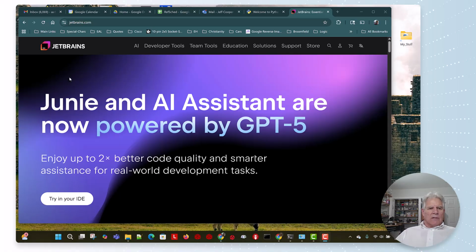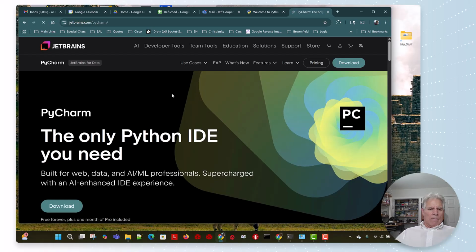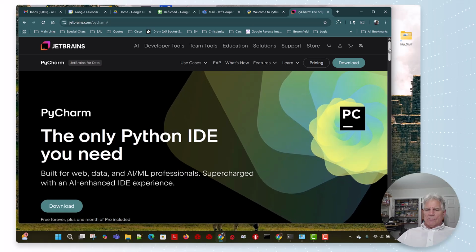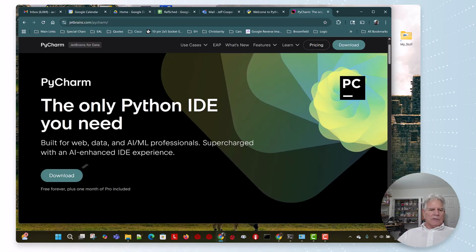AI developer tools, team, education, solutions, support, store, all that kind of stuff. What we want under developer tools is this tool that's called PyCharm right here. Second column, third one down, PyCharm. So we click on it. The only Python IDE you need. So, of course, they're selling that. And you can download it here, or you see a download thing there. Either way,